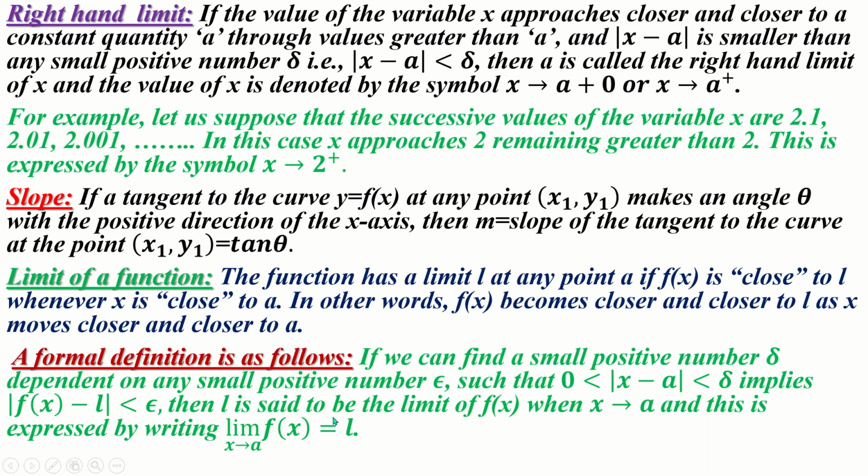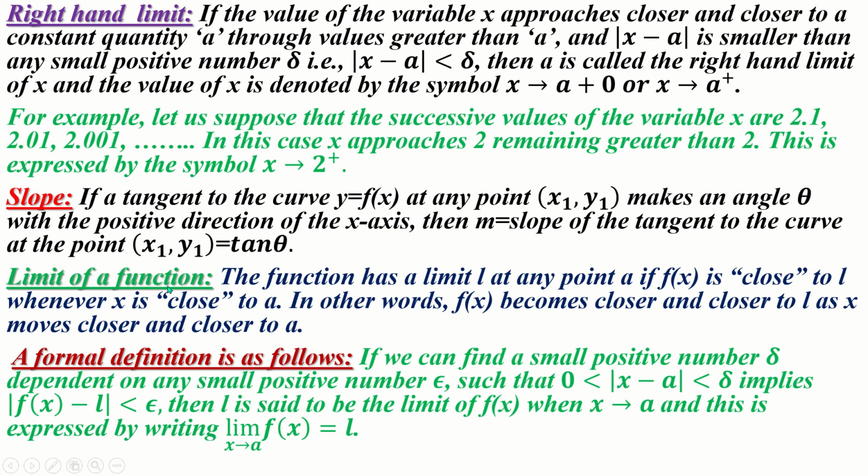That is the limit of function. The definition is like the limit of variable, but you have to use another constant, epsilon. Del is used for the variable, and epsilon is used for the function. When the difference between x and the specific value is less than del, then the difference for the function will be less than epsilon. Clear? And this is denoted by limit x tends to a, f of x is equal to L.